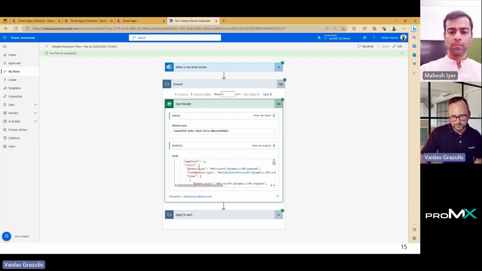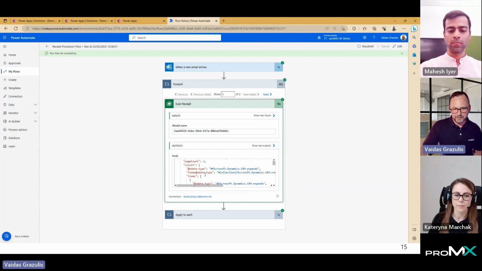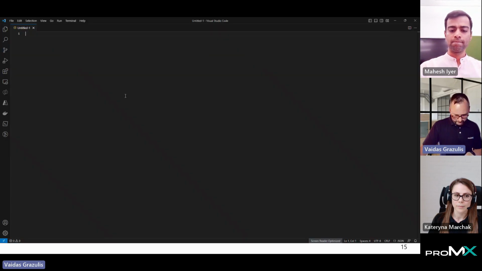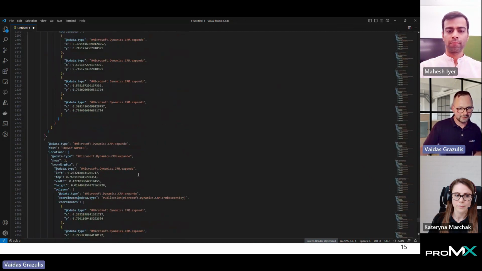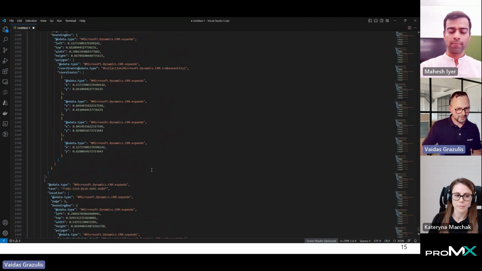This is probably not the ideal way to analyze this info. So if we could copy all of that and bring it to our favorite code editor, in my case Visual Studio Code, I could quickly visualize what this step does.